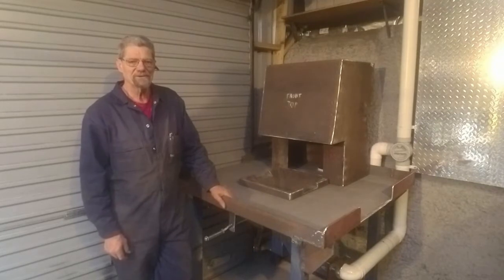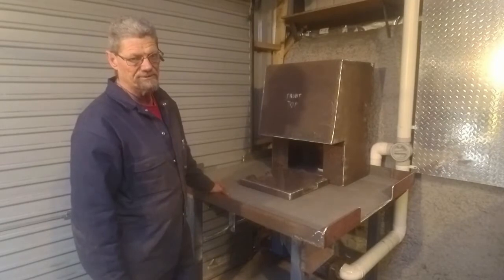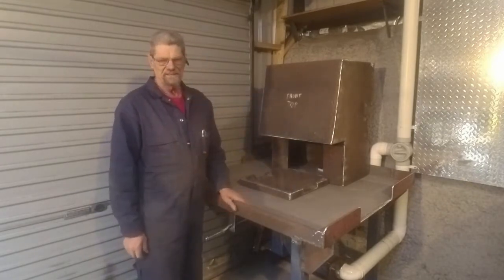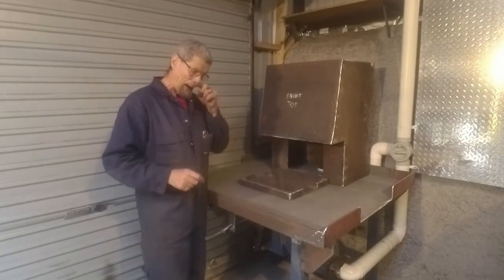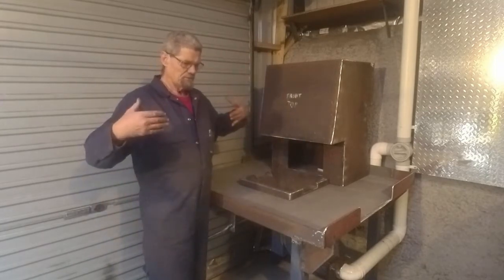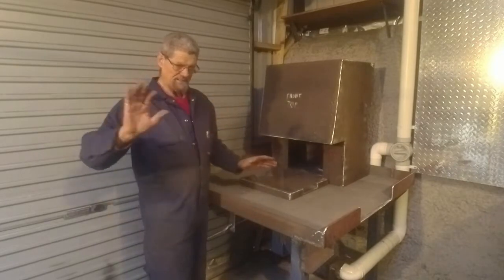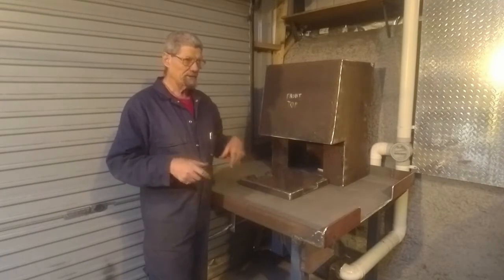Righto, it's update time for the coal forge. As you can see, I have the basic hood constructed. I haven't gone through the process of recording all of the welding up of the pieces. I showed the pieces, that the two side pieces there I'd attached the angle iron to create two sides with attachment points on them. I laid one side down, stood the plates in there, tacked them on, and then positioned